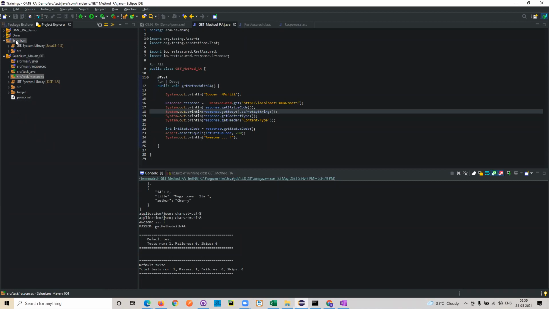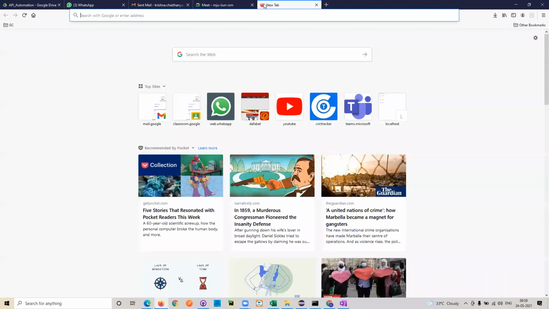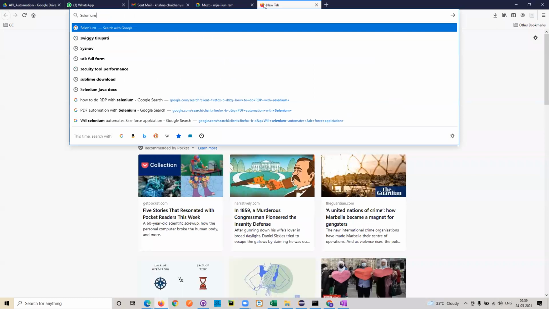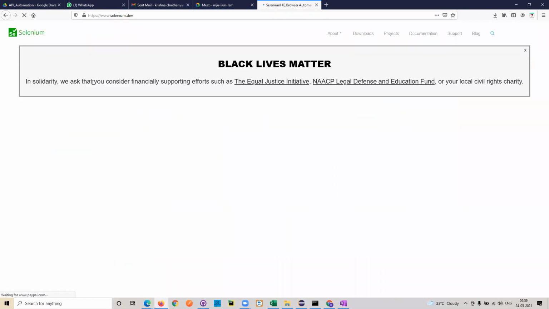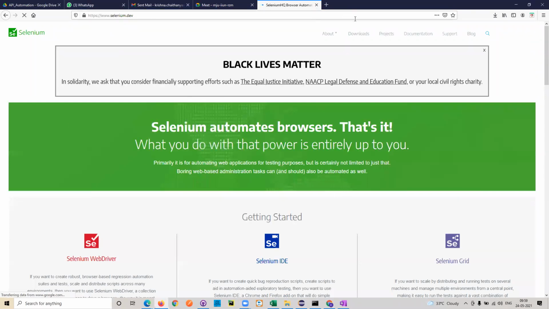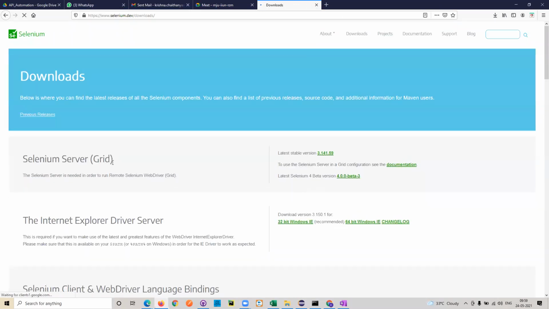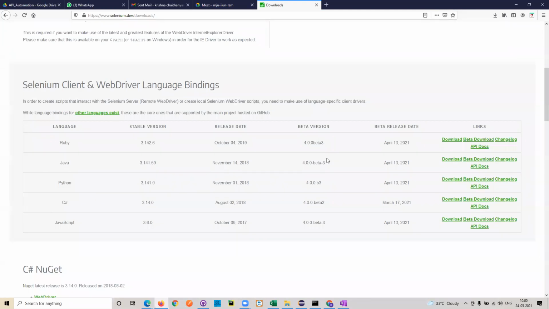Now if I wanted to do it with a normal Java project, how would I do it, and if I'm doing it with the Selenium Maven project, how would I do it? So now I need to add the Selenium capabilities to these projects. It's not only for Selenium, any tool if you wanted to do it, this is how you need to do it. So, Selenium HQ is the official site for Selenium. Now we will go here and then go to the downloads. Don't worry, when it comes to Selenium, I'll explain in detail. But as of now, I just wanted to explain